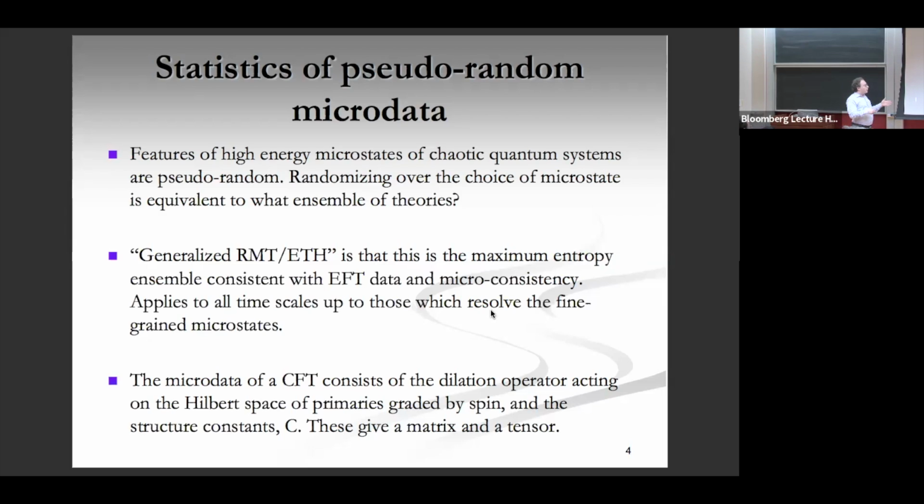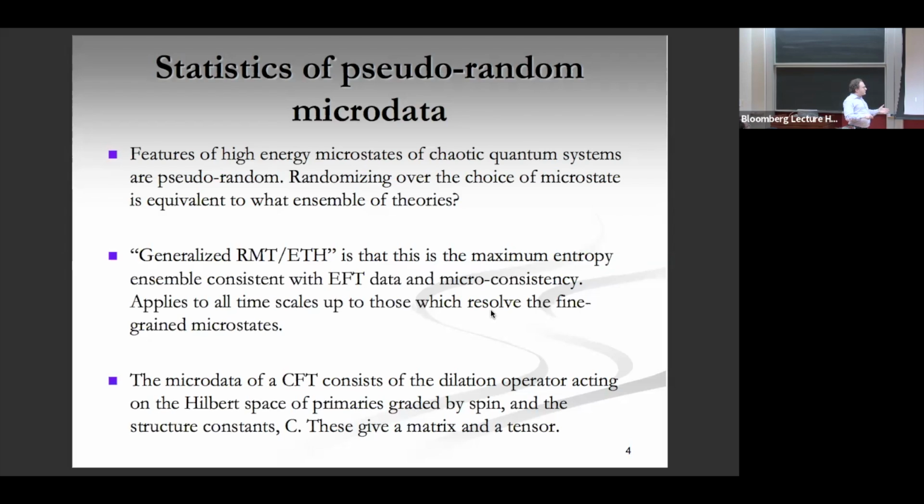So this is a much broader range of potential applicability of that idea than saying that we have a Gaussian random matrix for the Hamiltonian or Gaussian ETH statistics. That will have a much narrower range of validity. So that's why I'm calling it generalized. We don't know that this is true, that all quantum chaotic systems obey this even generalized RMT ETH hypothesis, but I'd say that would be the thing that one would like to show. That could be true.